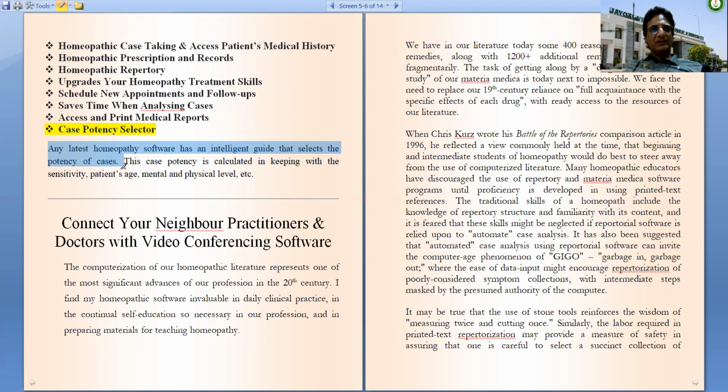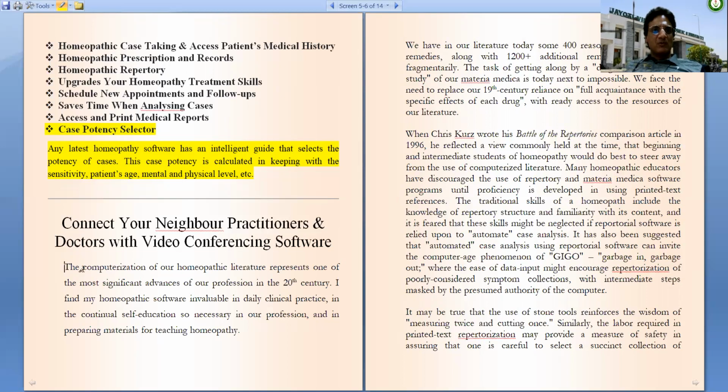It is calculated in keeping with the sensitivity, patient's age, its mental and physical levels, etc. Then software also helps in connecting our neighbor practitioners and doctors with video conferencing features. So this VC feature is available in very advanced softwares nowadays.